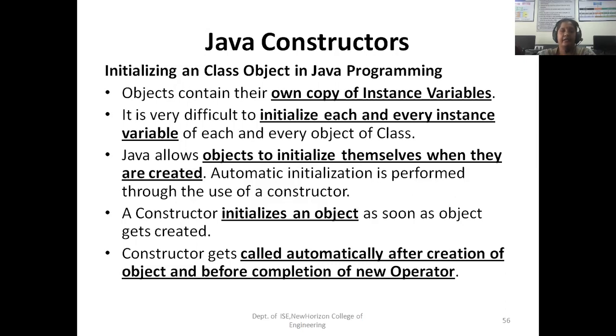Whenever you are creating the object, memory will be allocated. I told you, in heap memory it will be allocated. That memory will be freed when you destroy the object. But here there is no need to destroy it from the programmer's side. When you create the object, you can use it, and you can leave it just like that.